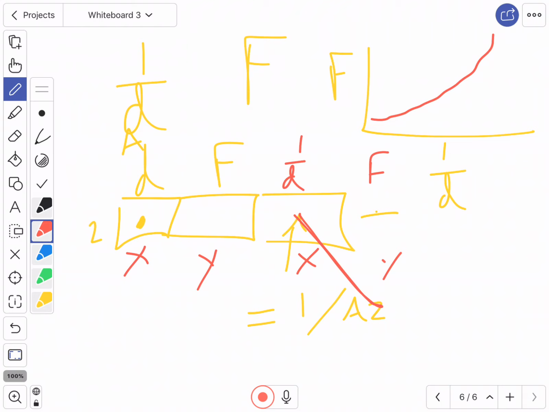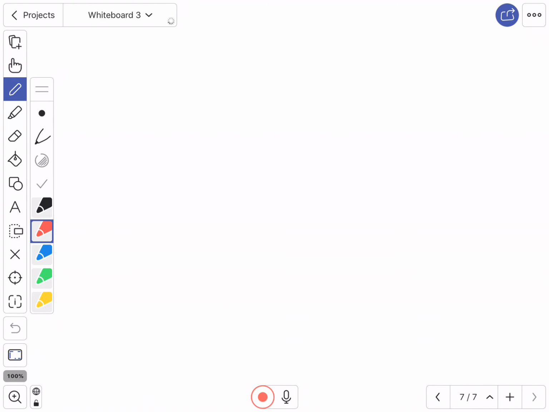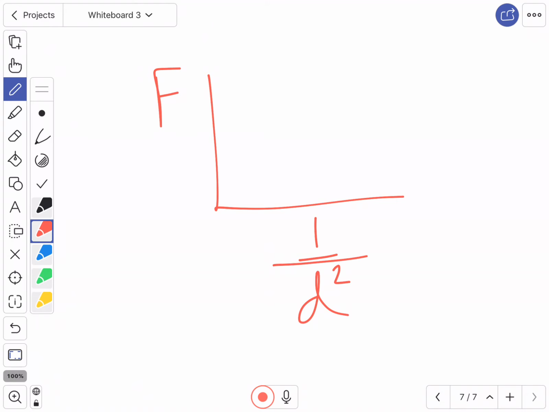Our graph should look like this now when we do this. Now, this again, like she said, is not linear, right? But what type of graph, Shreya, does this look like? An exponential. Absolutely, right? So this is a relationship where it's similar to an x squared. So now what I want you guys to do, we still need to linearize this, right? It's not linearized yet. So what we're going to do now, instead of force and 1 over d, let's do force and 1 over d squared. Can you guys do that for me?